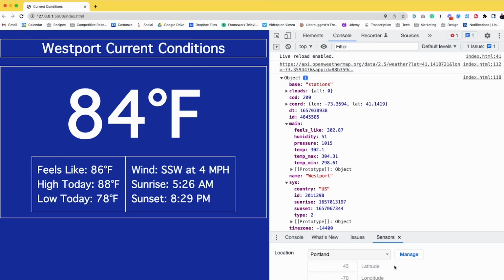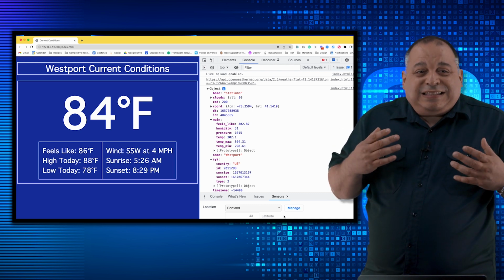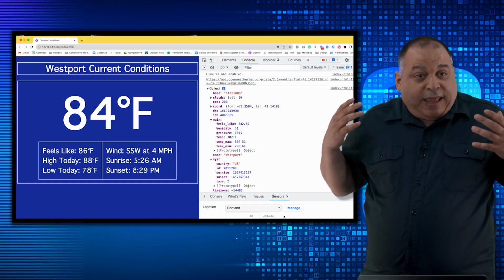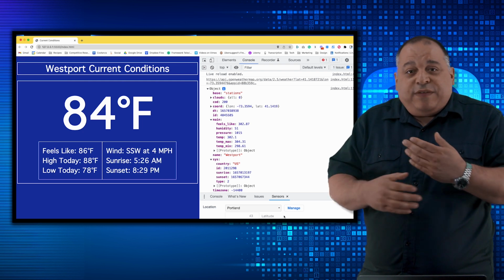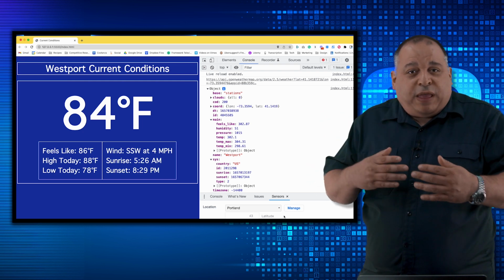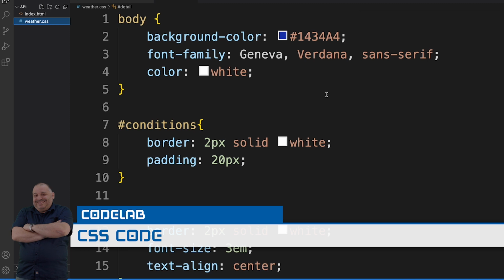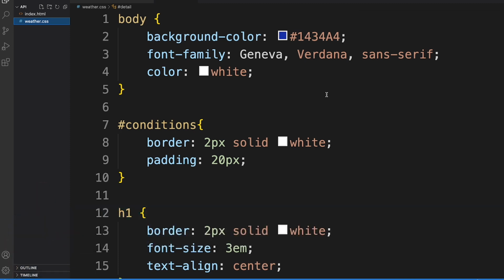There's our display created by HTML. But there's one more thing we have to look at, and that's the CSS that actually makes the display look the way it looks. This is obviously not the default display that HTML would display if we didn't have any CSS. So I wanted to keep this pretty simple. Our body has a blue background color. The font that we chose first was Geneva. If the user doesn't have Geneva, we'll use Verdana. The color of all our text is white.